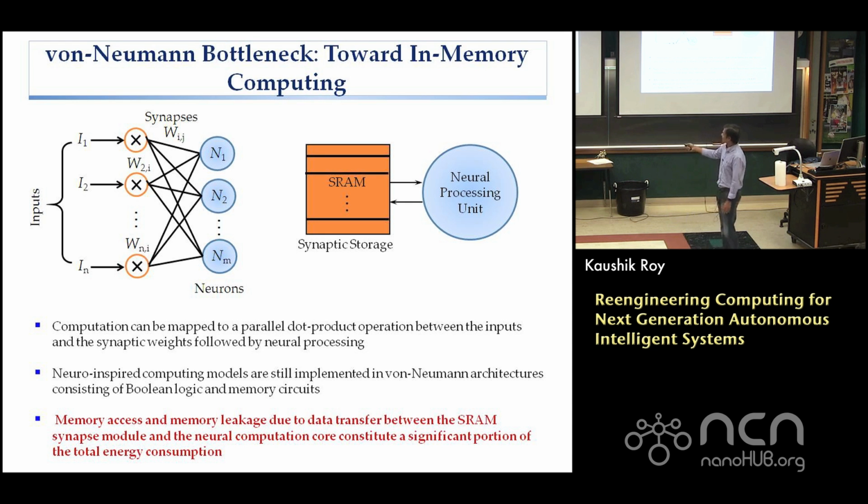And what do I do in that memory? I keep storing these synaptic weights that I've learned. Okay, I stored those in my SRAM cells or my memory, and I have a processing unit. What is this processing unit going to do? Remember, I have to do multiplication, right? Remember, I have to do addition. So I actually go fetch data from these SRAM cells, let's say W's, and after I fetch the W's, I go into this processing unit, I do multiplication, and then I do additions.